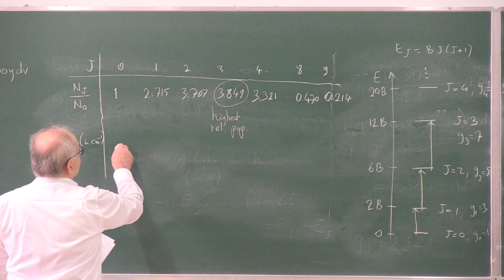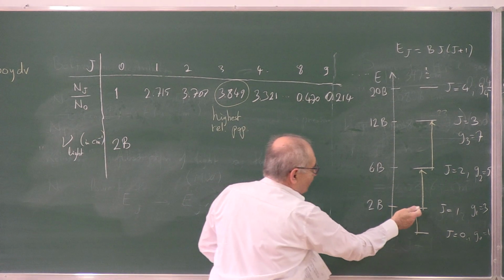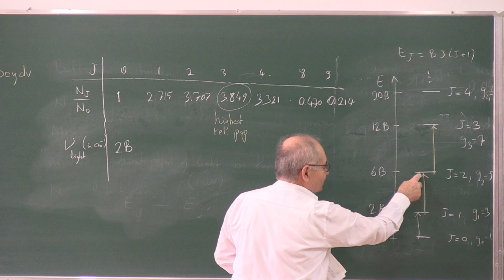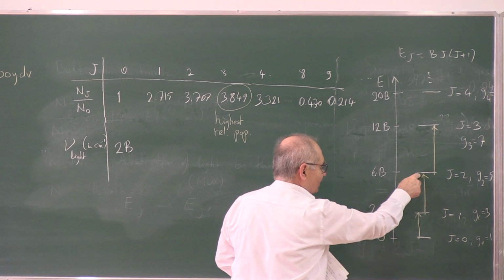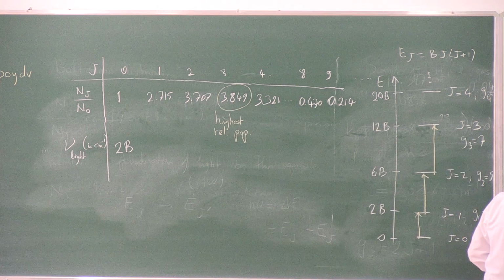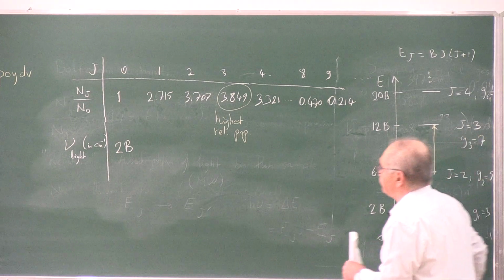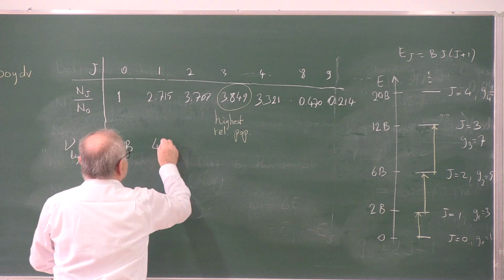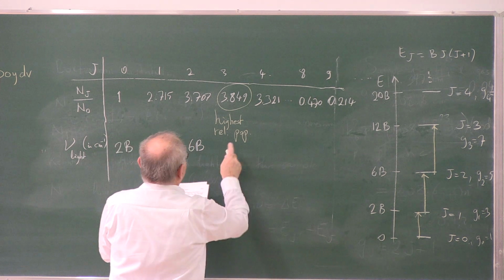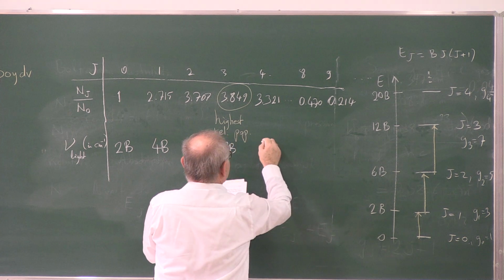The energy difference is 2B. Those initially in the J equals 1 level will make a transition to J equals 2 level, next level. Energy difference is 6B minus 2B, 4B, or from this expression, put J equals 1 here. So 4 times B, 6 times B, 8 times B, for 4, 10 times B,